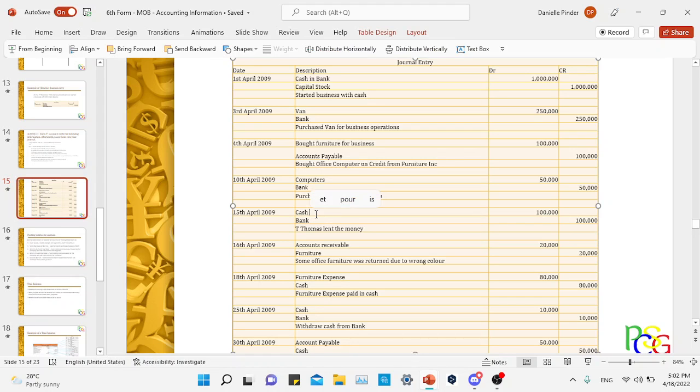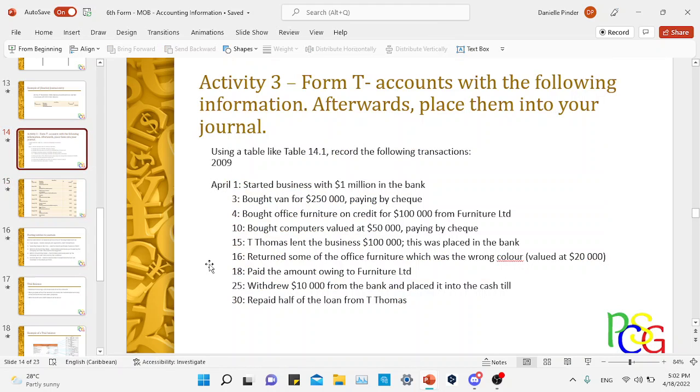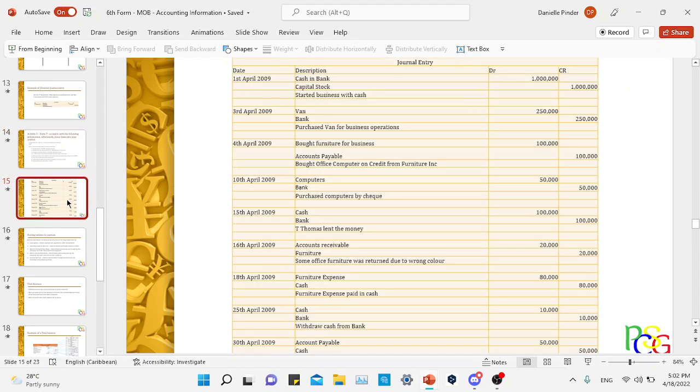Oh, okay. Wait, let me see this 15. Oh, okay. All right. So remember that on the 10th, Mr. Thomas had lent us cash, right? And so our cash had increased, and so we would debit the cash. But when the, we